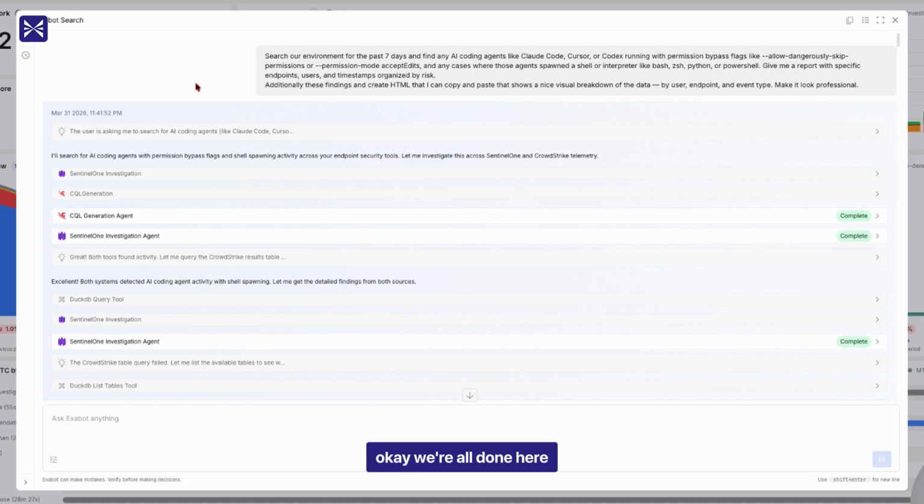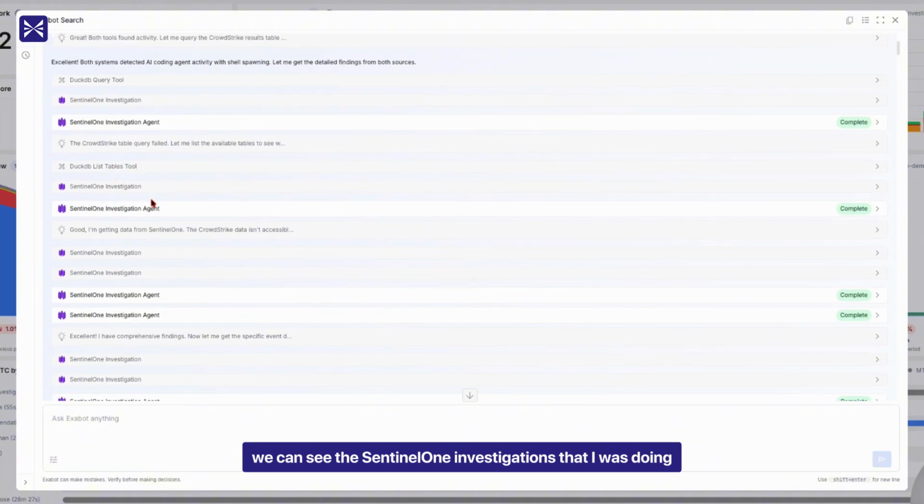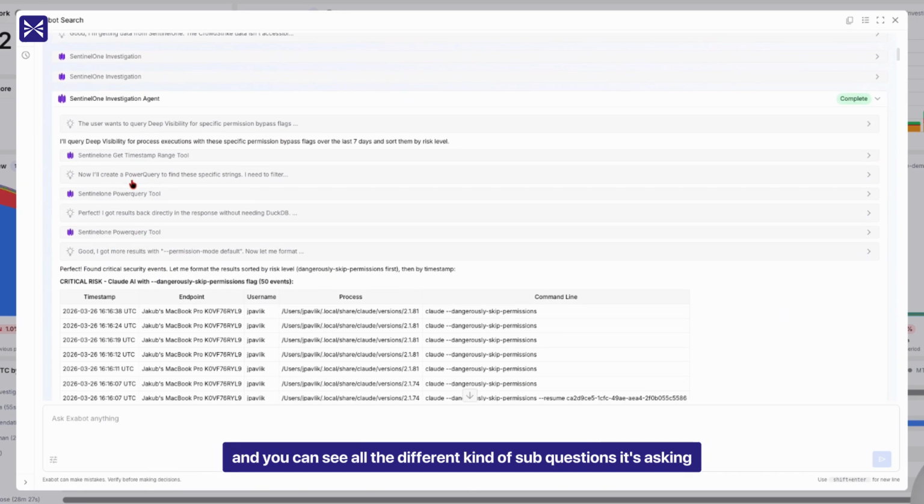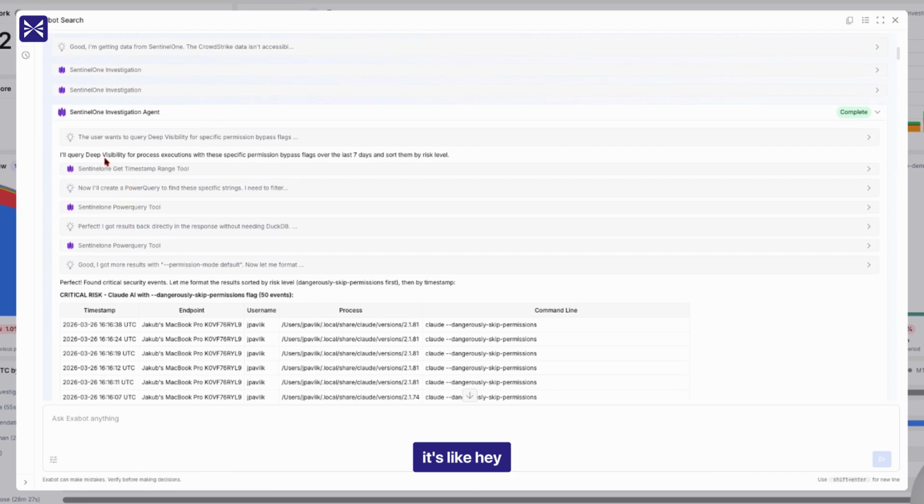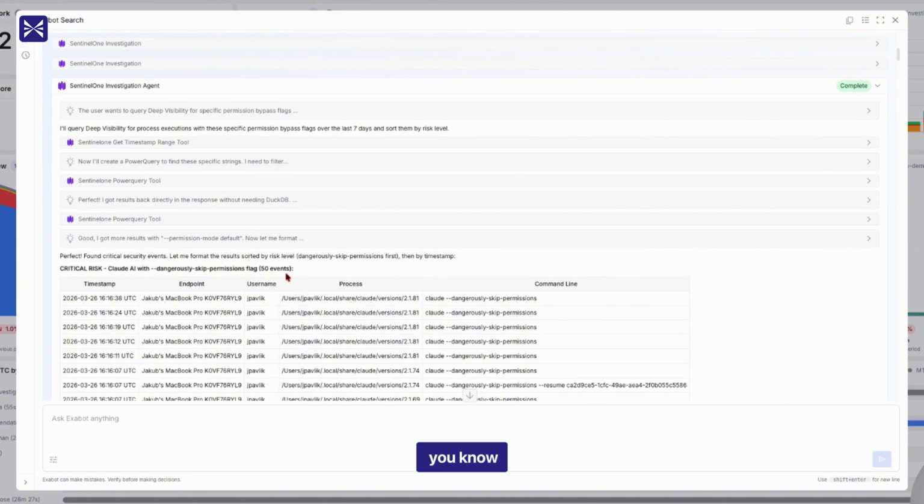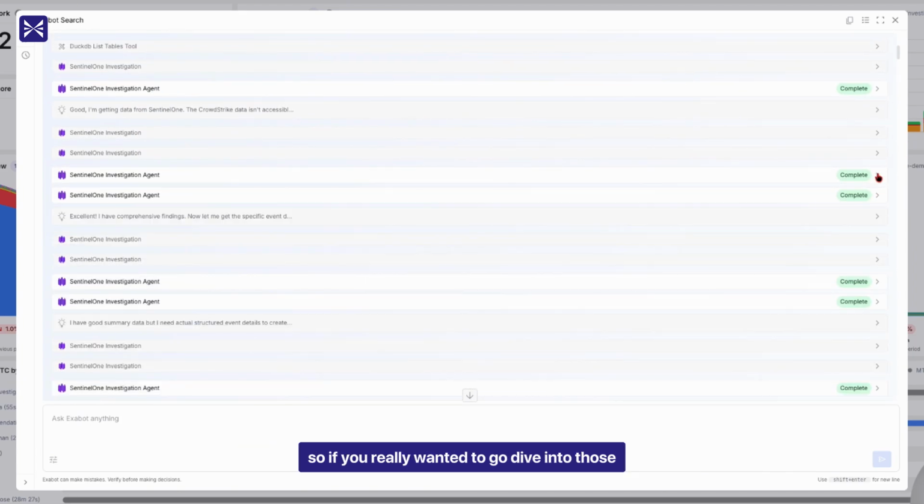Okay, we're all done here. So yeah, scrolling through here, we can see the Sentinel-1 investigations that it was doing. Several different agents. Matter of fact, here you can expand all of these, and you can see all the different sub questions it's asking. It's like, hey, I'm going to go run deep visibility queries across the last 7 days. You can even see it pulling back the data inside of here. So if you really wanted to dive into those,